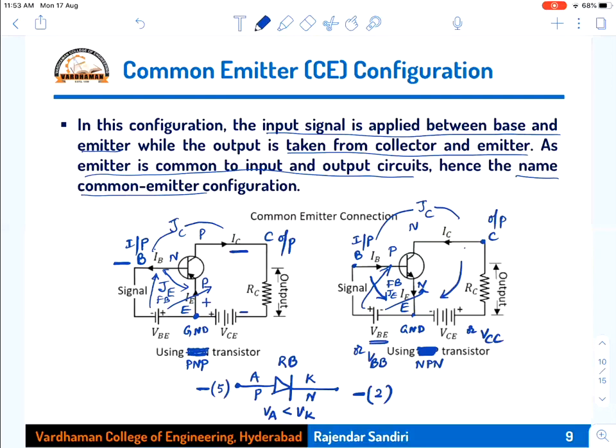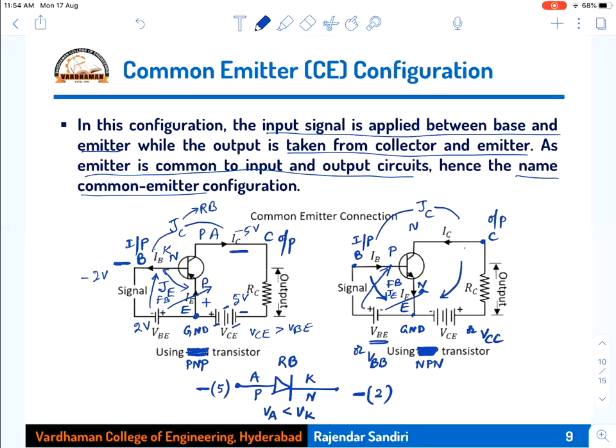That means though both terminals are negative, I can still make this junction reverse biased by choosing this P type as the anode, and this as the cathode, with the negative value larger. That's why, if you see here, how many cells have I connected? 1, 2, 3, 3 cells. The battery has 3 cells here. 3 cells means the magnitude of VCE is greater than the magnitude of VBE. That means if this is 5 volts and this is 2 volts, minus 2 is here and minus 5 is here. So definitely this junction will be reverse biased.